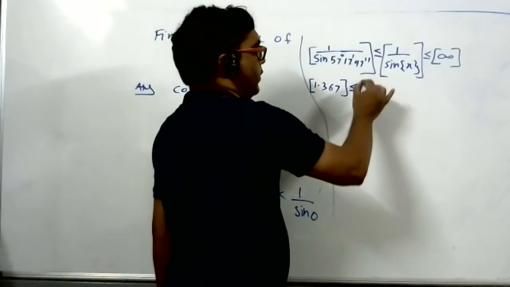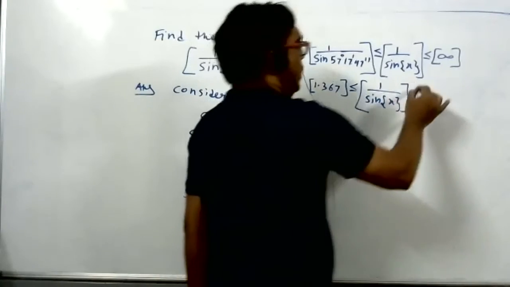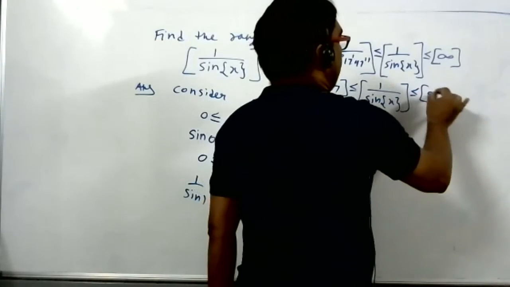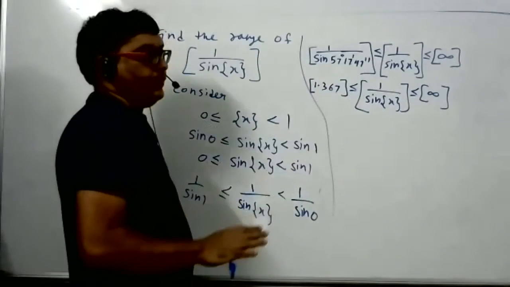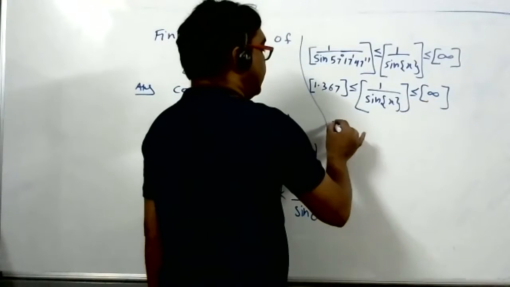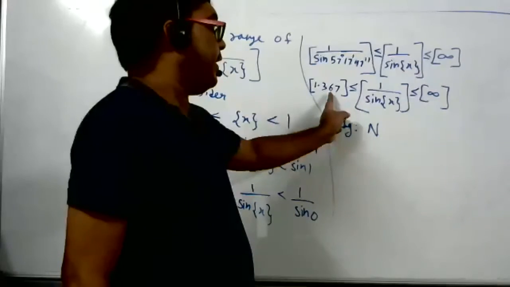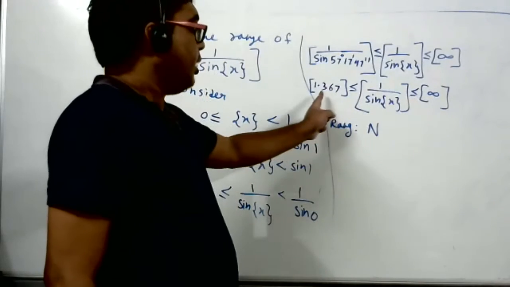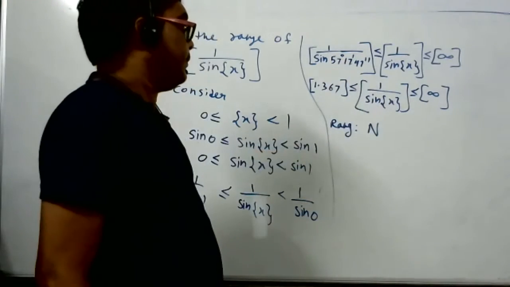Okay. Now this is, I'm here only, don't worry, I will teach again. And here, now student, tell me, what is the greatest integer function value? 1.367, suppose. 1 itself. And then it is less than infinity. So what is the answer? The answer is natural numbers. We get all natural numbers because this greatest integer function is there now. Every time we have to take the greatest integer function only, so we'll get only natural numbers. We'll not get anything else.